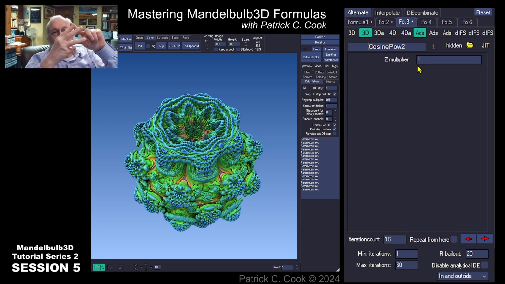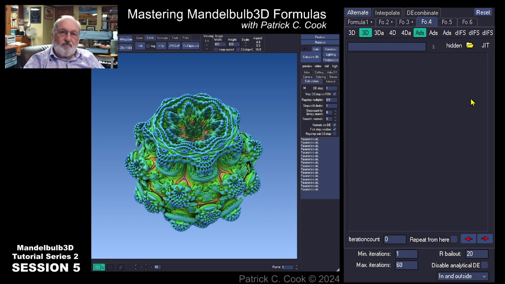Formula 1, 2, and 3, because formulas 1, 2, and 3 have a formula assigned to them. In this particular scenario, formula number 4 slot would not be part of the set or the sequence because it doesn't have a formula assigned to it, okay? All right, so that's a formula set or sequence. Now that's key,